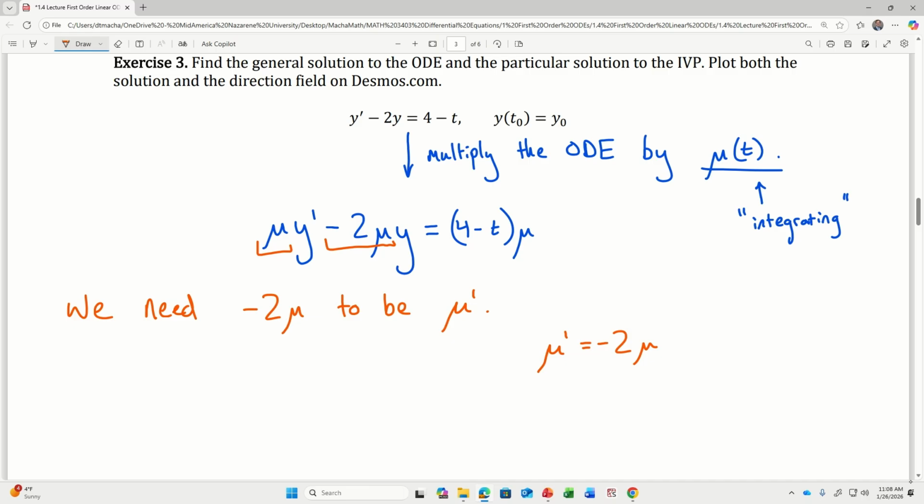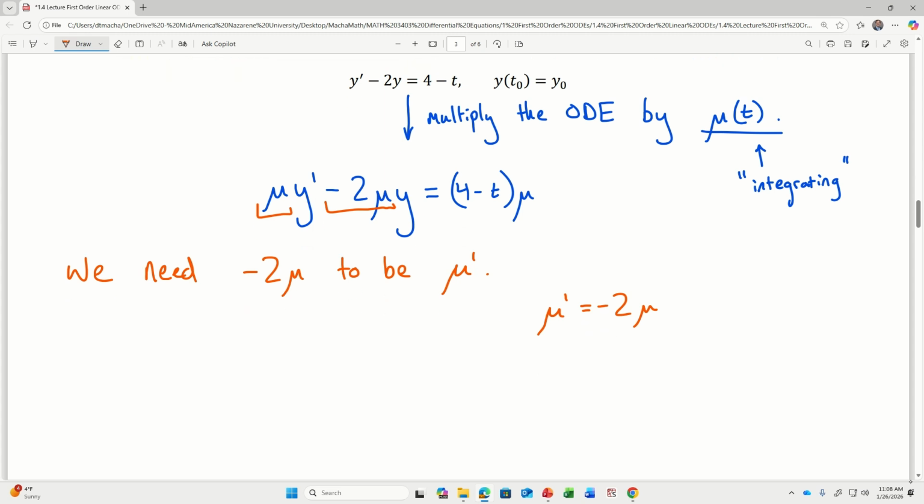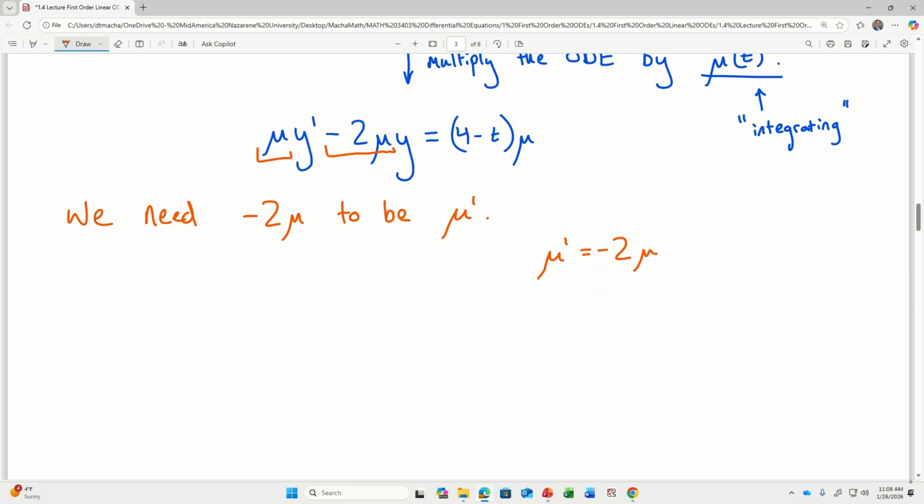But off the top of your head, do you recognize any function mu that might satisfy this? Okay, well, if you don't recognize anything that might fit the bill,